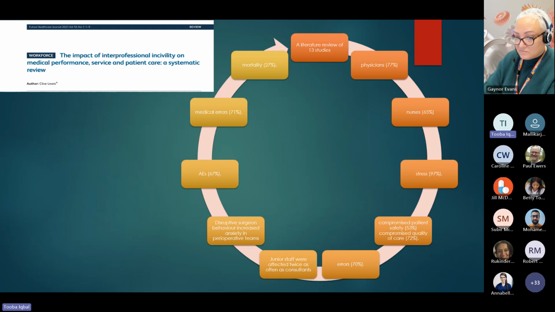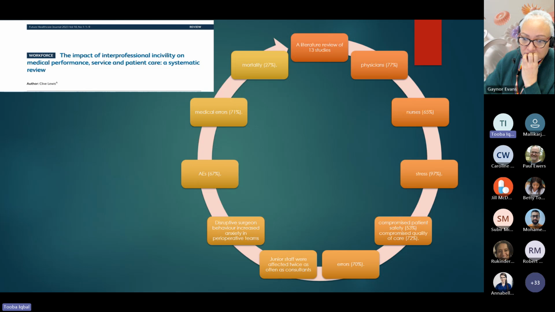Now, very interesting, and I think it is very realistic, that junior staff are affected twice as often as consultants. So your job role or your position within the hierarchy does affect how you are affected with regards to incivility. Now, very relevant to theaters, and everyone will maybe have a slightly biased view with regards to this. Disruptive surgeon behavior did increase anxiety in the perioperative teams, with all members, on the scrub side and the anesthetic side. Coming to adverse events, there was a 67% rise in adverse events,